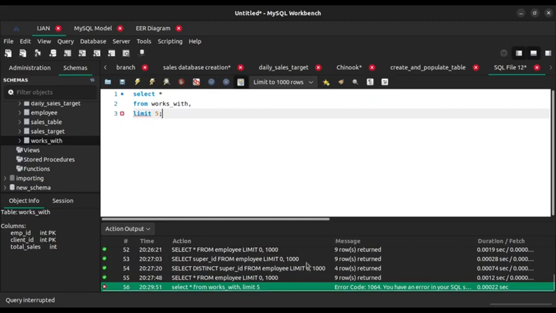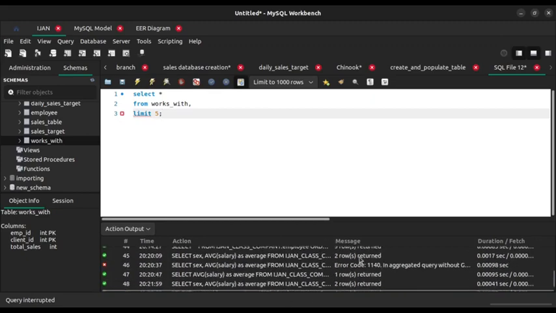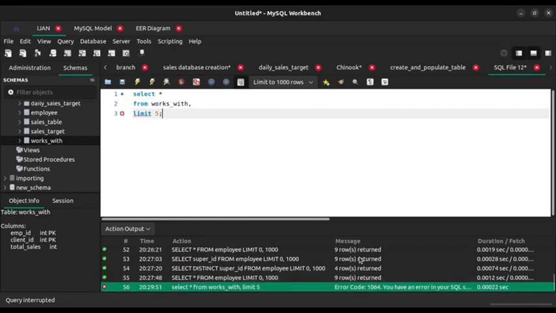I think I mentioned this earlier in one of the classes that you have this duration and fetch to show you the speed of your data, or how fast you are transacting with your data. It's called transactions. So this part of this code, if you look at it, tells you